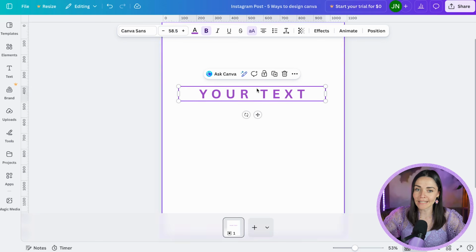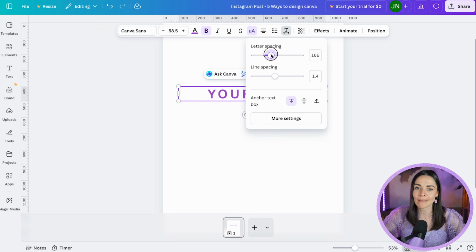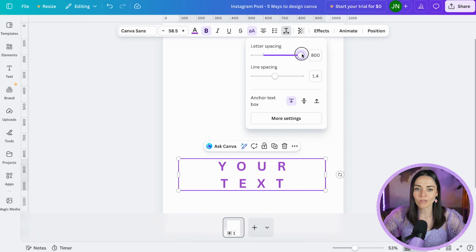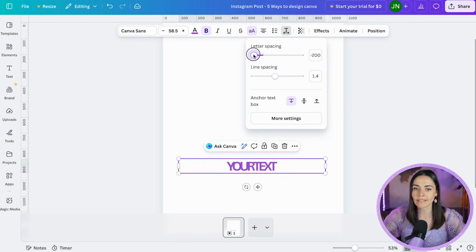And that was done by selecting my text box and choosing letter spacing. You can see, if I bring it down here, it goes wider or narrower. So I can bring the text really close to overlapping or spread it out. Again, I can toggle that by dragging my circle up and down, or by